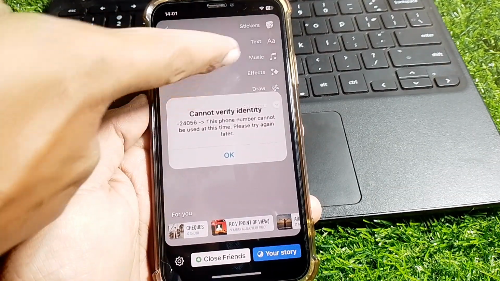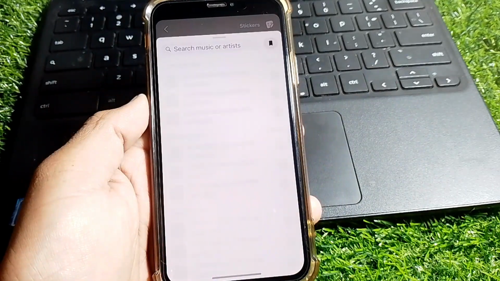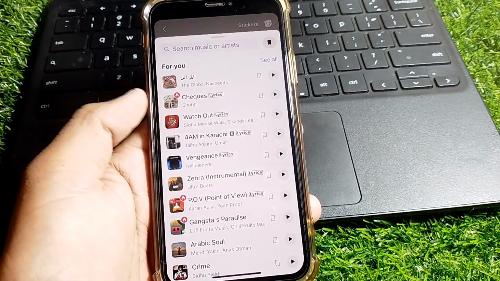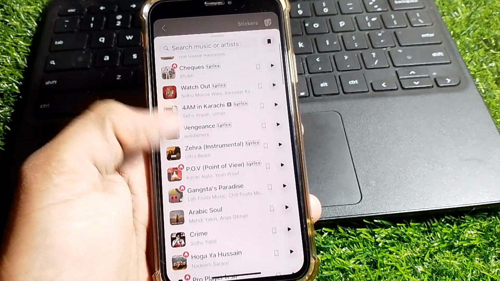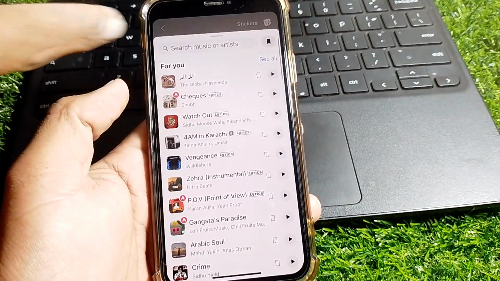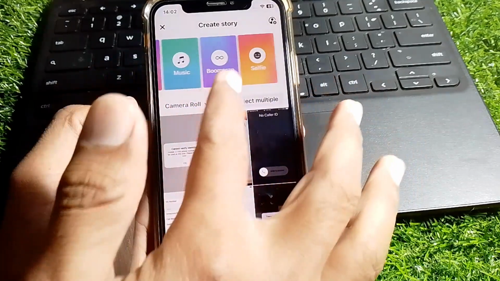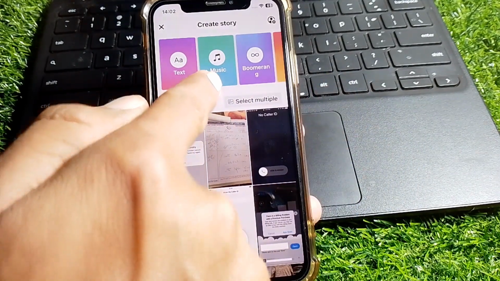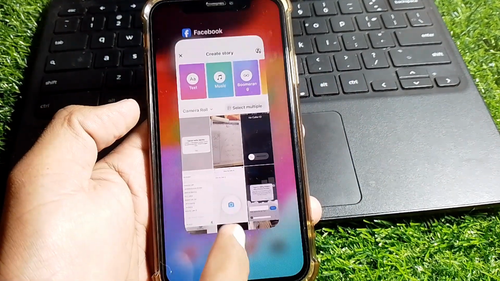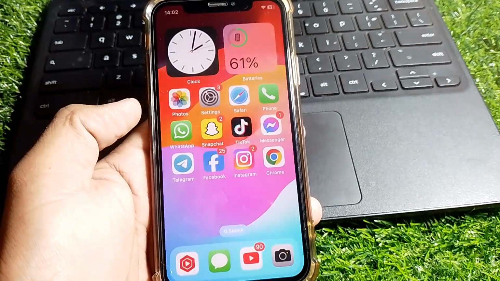So you can see here is the music icon. So you can see a lot of music up here. Okay guys, you can add the music from here. So guys, if you want to add the music and it's not working for you, then I'll show you how you can fix it. You can also see the music option here. Okay guys, if it's not working for you, then what you need to do is just simply have to